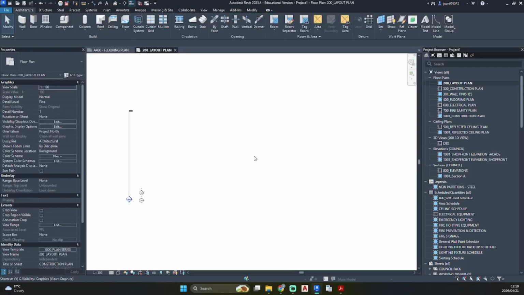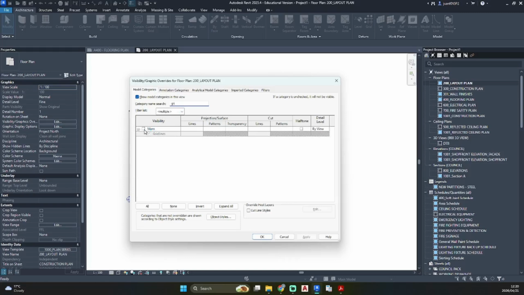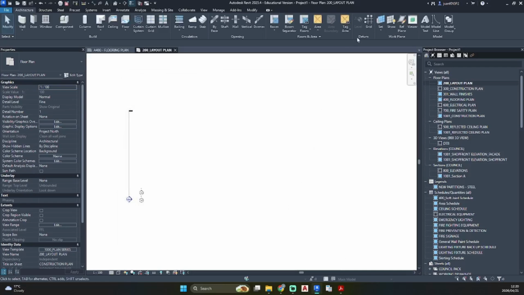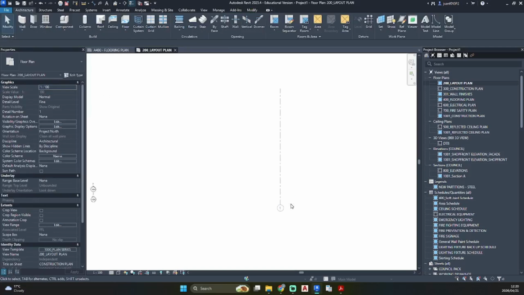okay, it seems the visibility settings have switched them off here. So let me just go to grid lines. If you want to know how to open up this panel, just press VG on your keyboard and search under the name by the category. I've just entered grid and you'll see grid line. Just go Apply and OK. Let's select grid line again. There it shows up,